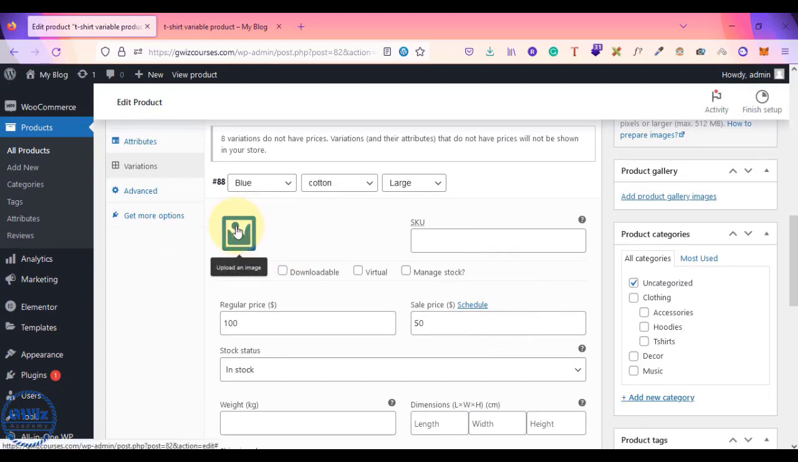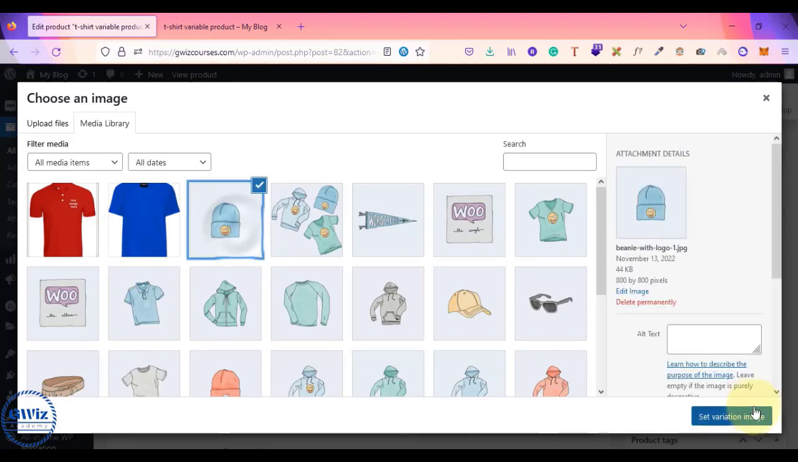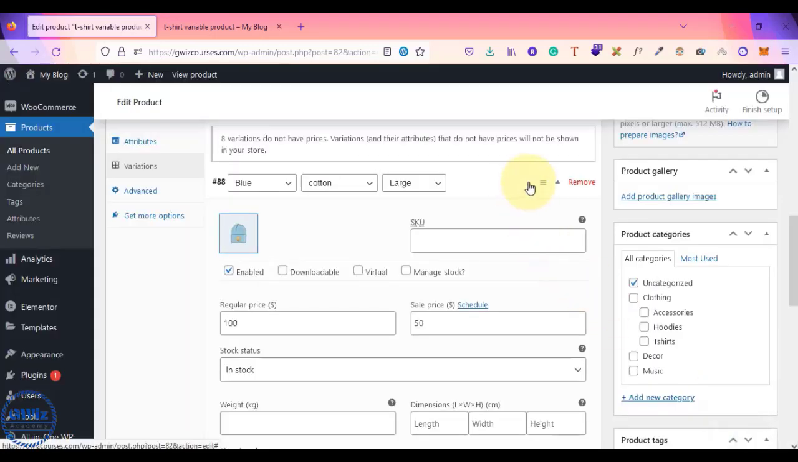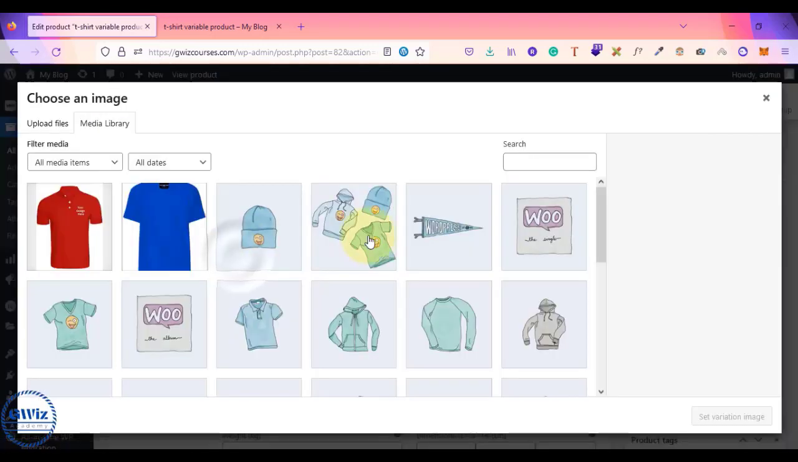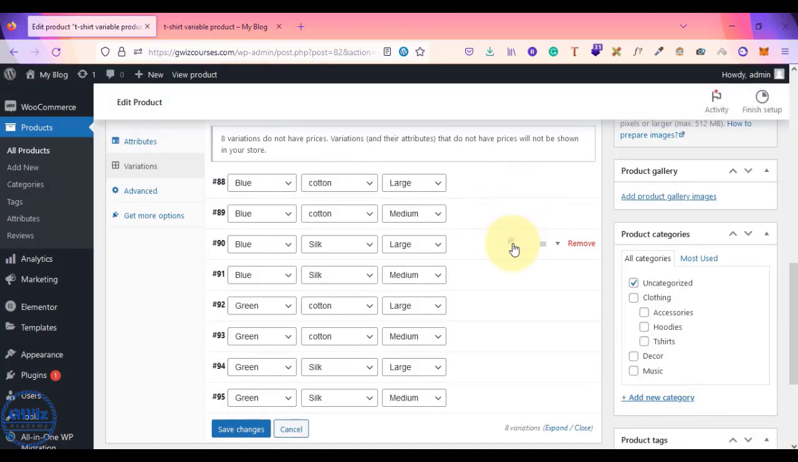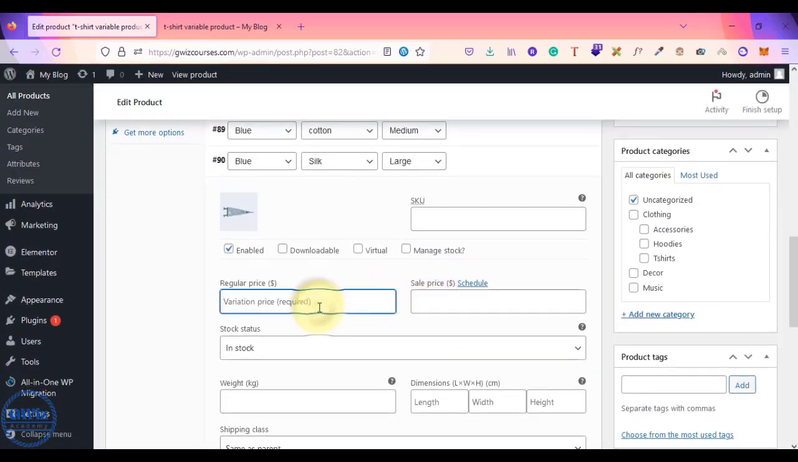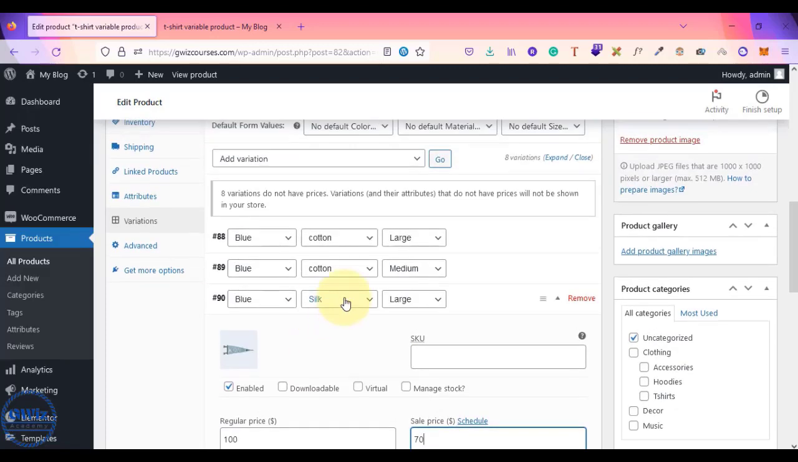You can set images for your product as well along the way. So I'm just selecting random images, and then here I'll select this image, and then here just a dummy image, and then the regular price is 100, and then I'm selling it for $70, and then